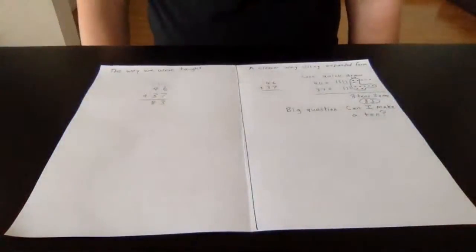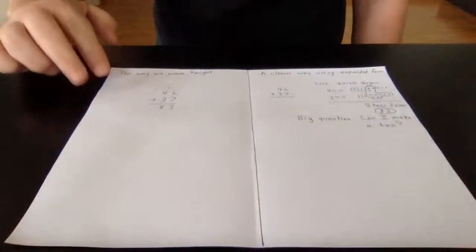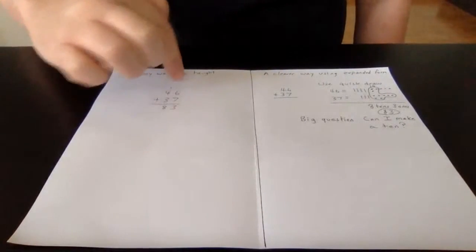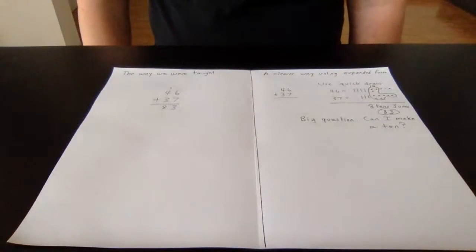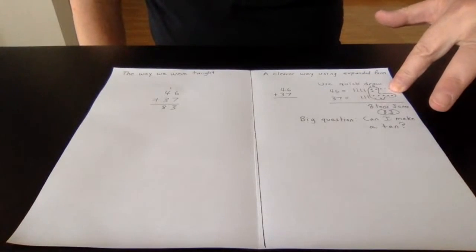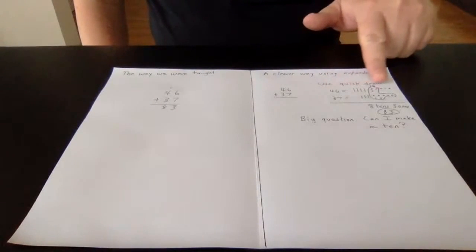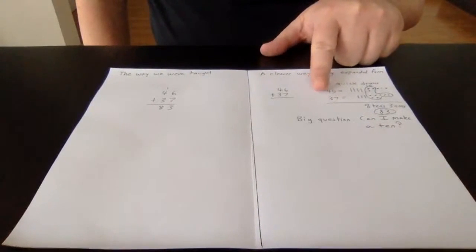Another step that we could use would be adding with regrouping. So here's the old-fashioned way. I have the ones, I carry, and we have the answer. And yes, we know how to do that. It's quick. However, a more visual way is breaking apart the number 46 into tens and ones, and 37,